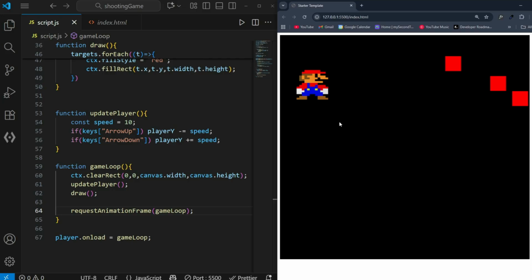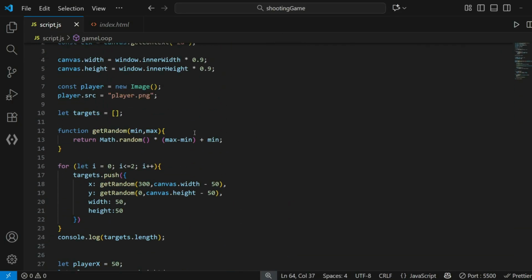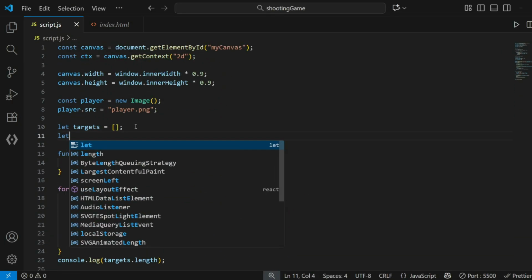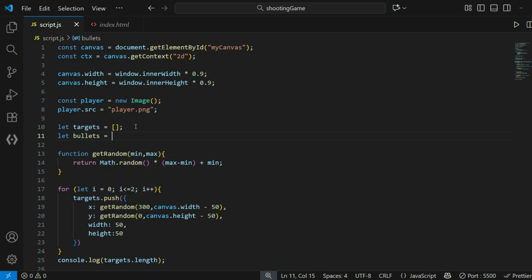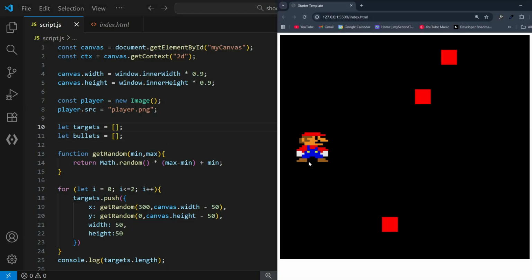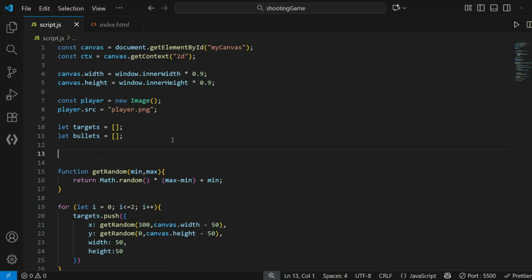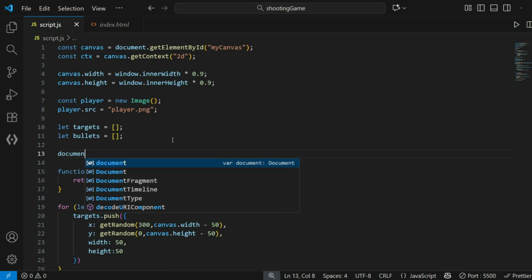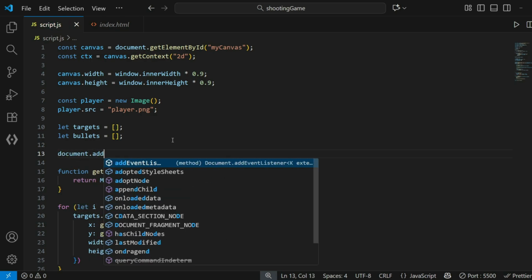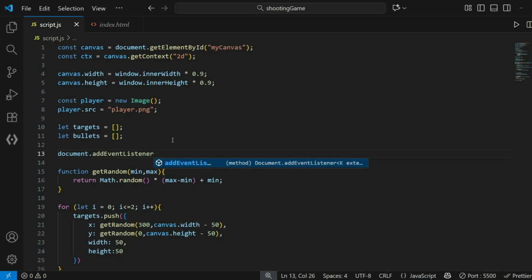And for that, we will have to create another array. Besides the targets array, we'll also create let bullets equals an empty array. So the empty array will be let bullets. And in order to actually add bullets into the array, we will have to create an event listener. Let's say we want our player to fire when we press the spacebar. To do that, we will have to add an event listener to the document itself. So for doing that, we will create document.addEventListener